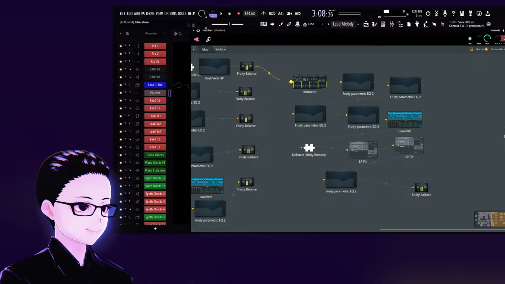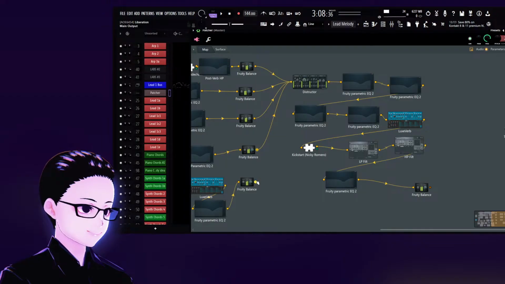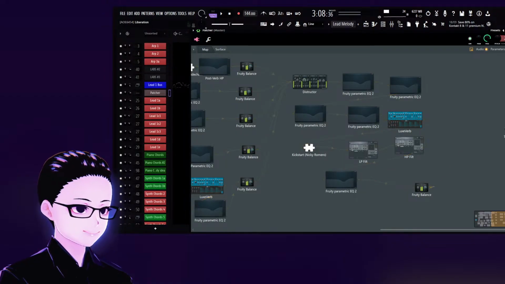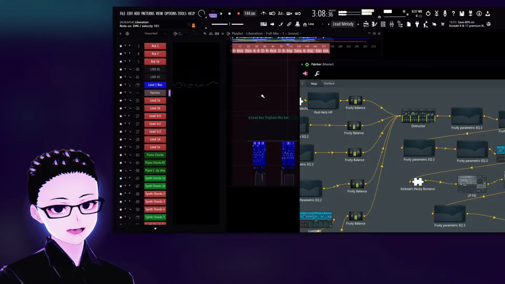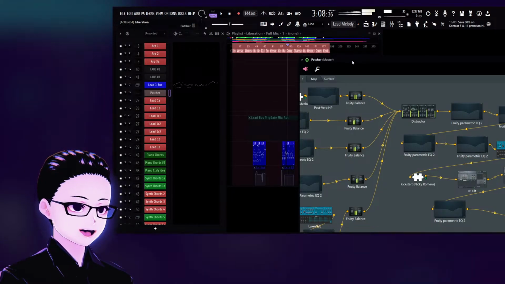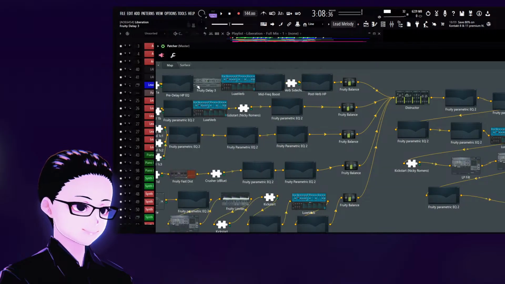Then feed all that into the Destructor. And then out to FL. And that seems to work. The delay is a little